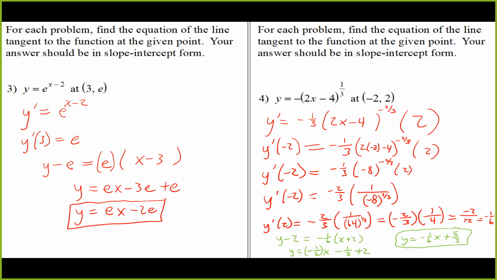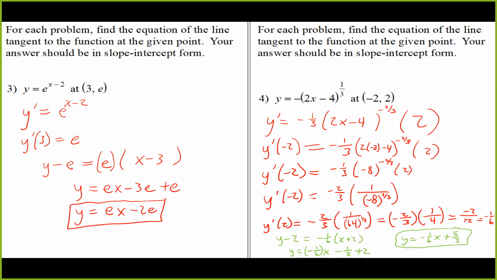Okay, for this one, if I derive with chain rule, I would still have to multiply by the derivative of the inside, so this is negative 1/3 times everything on the inside to the negative 2/3 times the derivative of the inside. Other than that, well,